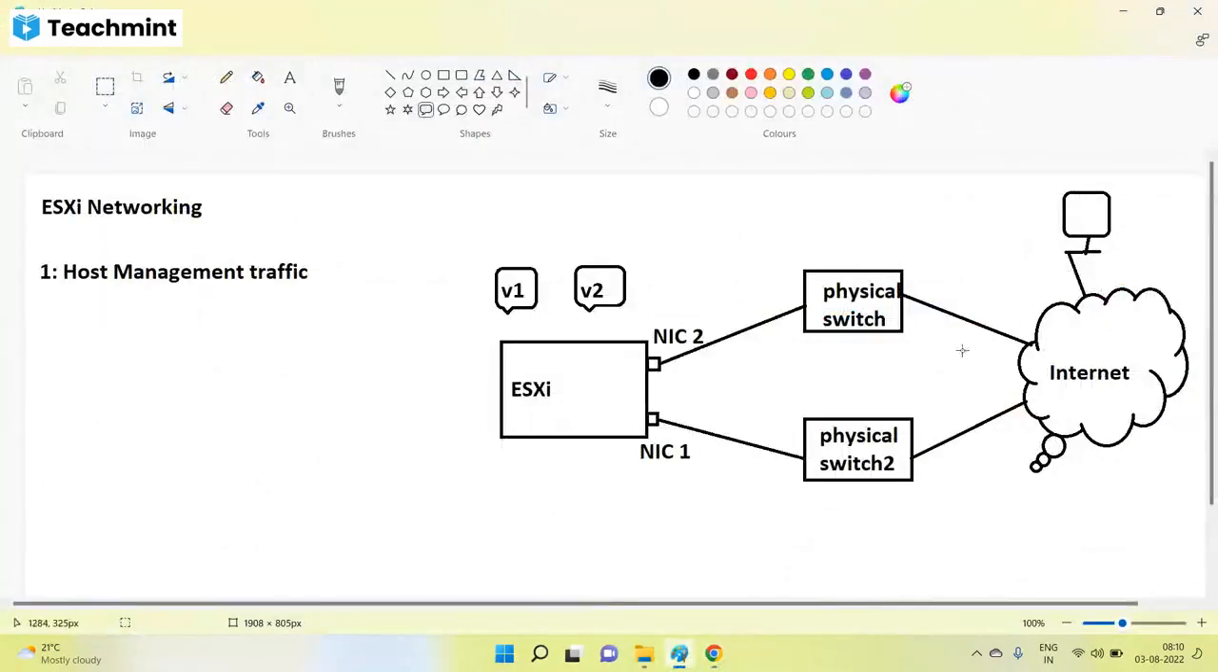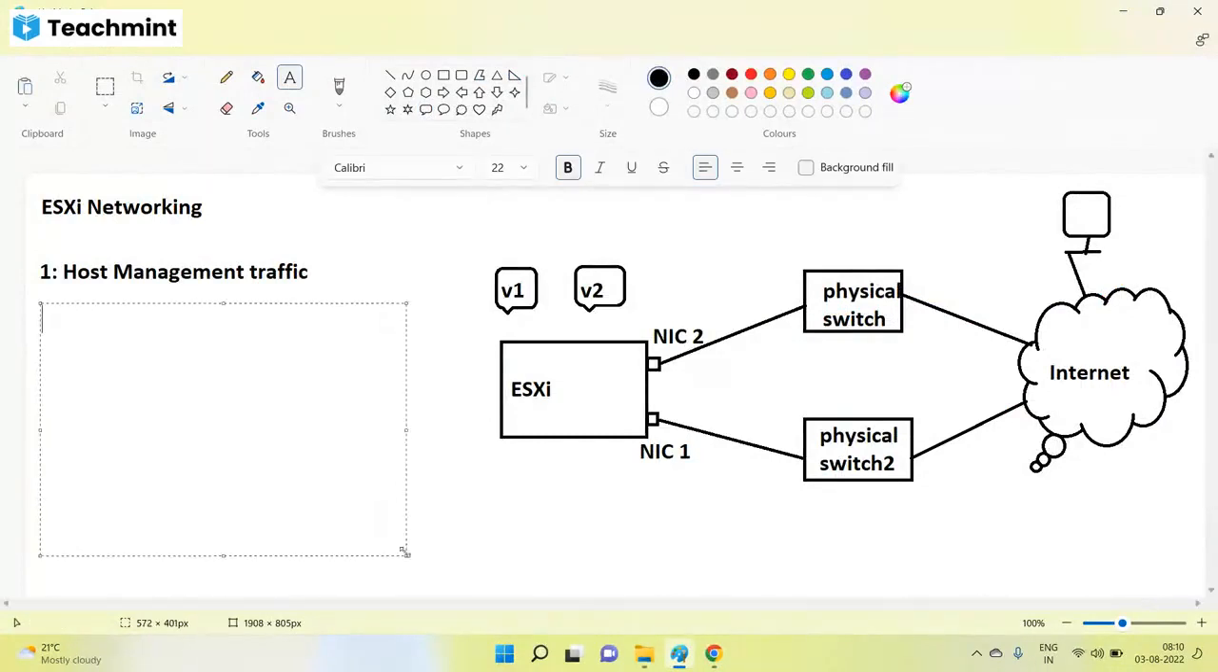We cannot connect to the host directly or via vCenter. That communication will be impacted if there is no host management traffic. So host management traffic is important if you want to connect to the host. Second one,